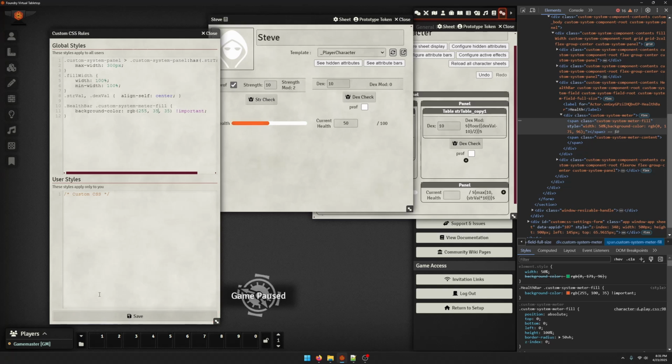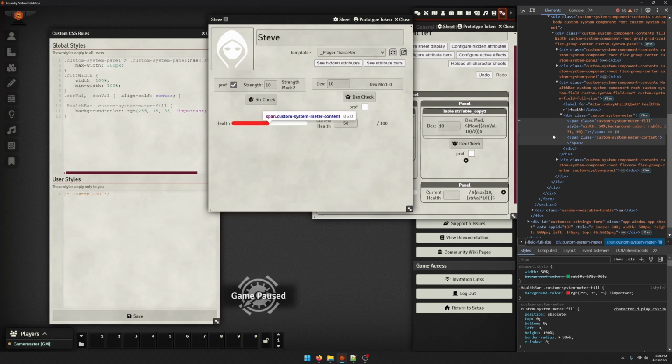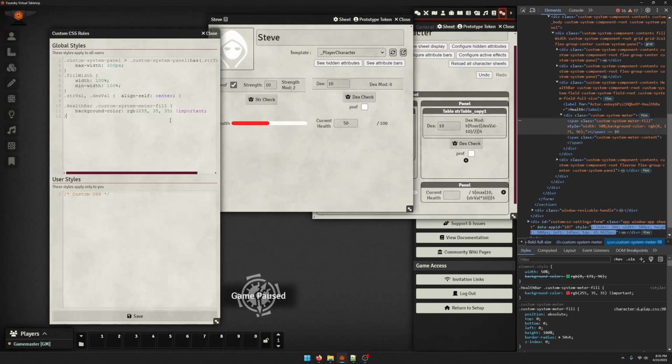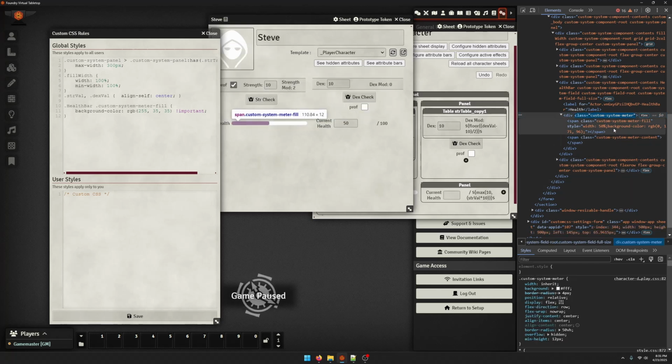And less green. And there we go. So that's how you use RGB and CSS. That's how you edit your meter colors. And if you go up a level from fill, you can see this is actually where you decide the outline of custom system meters. What if I wanted to go to health bar and then the outline class